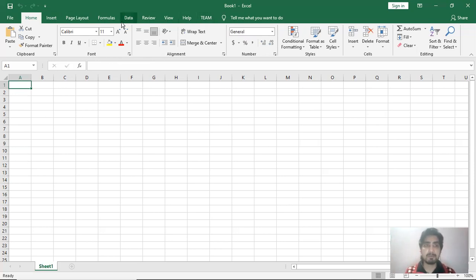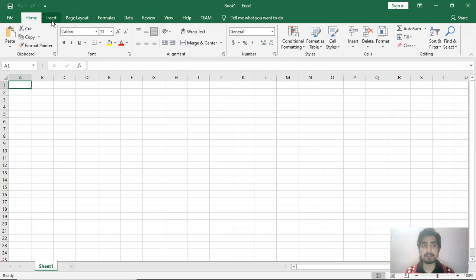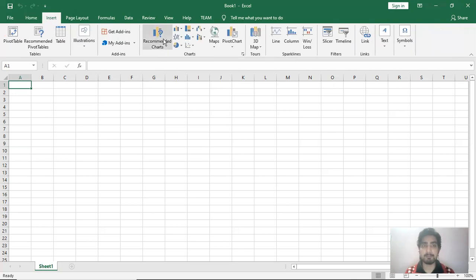Now below that you can see the long horizontal bar with the different options available on that. This horizontal bar is known as the ribbon, which displays the different options according to the tab which you have selected. For example, in the Home tab, these are the options of the Home tab. Then you can go to the Insert tab, and you will get the different options available in the Insert tab. So the ribbon displays the options available in the selected tab. Whichever tab you select, according to that, the options will appear here on the ribbon.